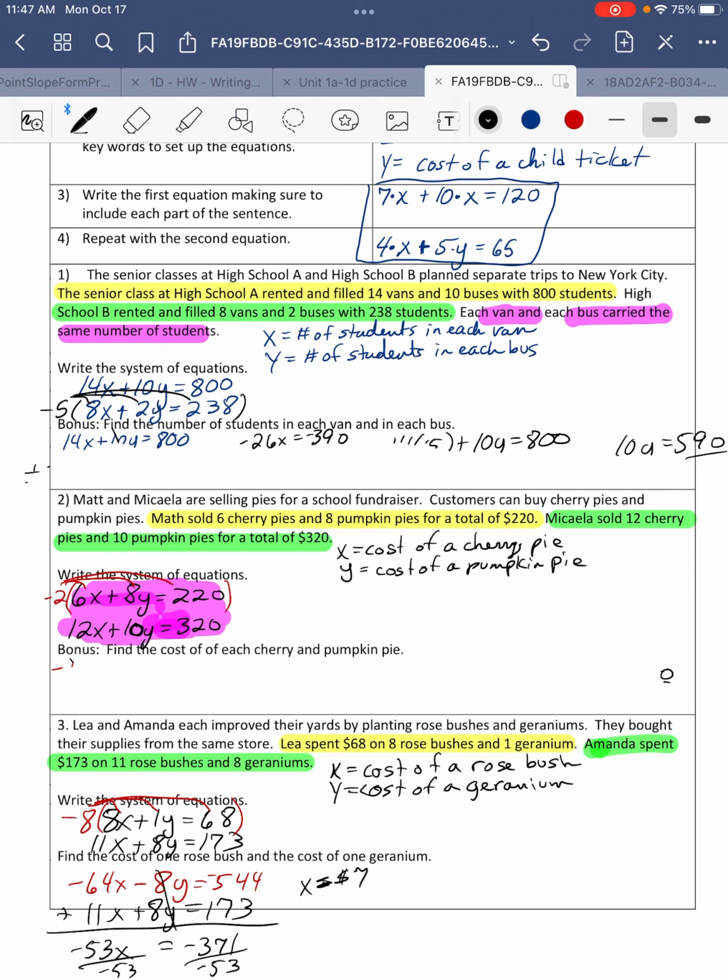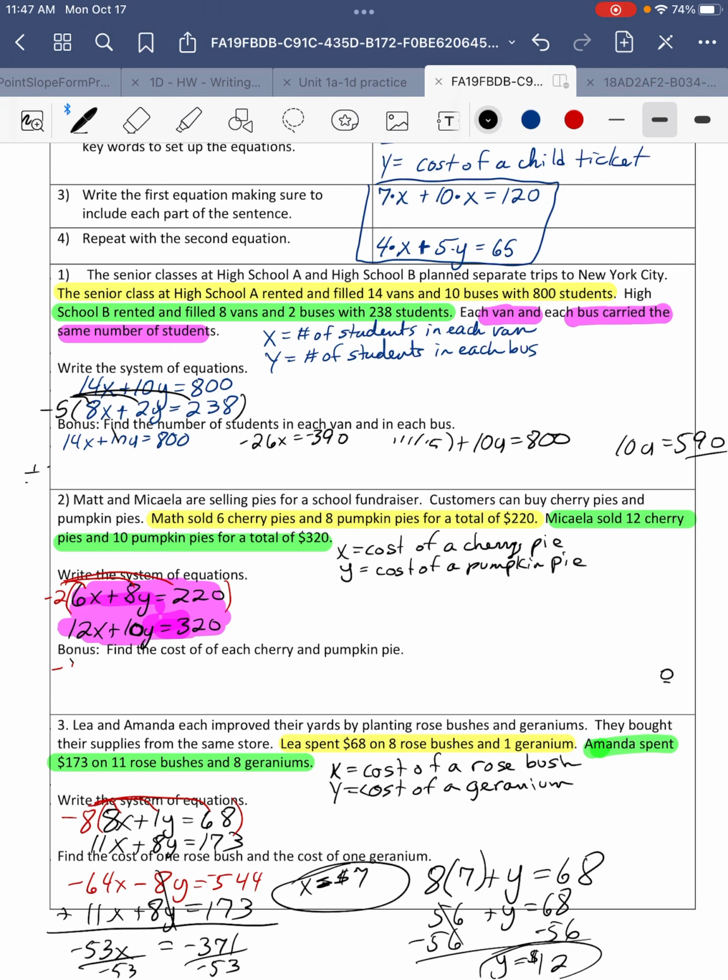Let's substitute it back into one of the original problems. I'll go to the top equation because, so 8 times x, replace the x, 1 times y is just y, and we got 56. Because there's no y coefficient on the y, that's why I chose that one. It does not matter which one you choose. So that's $12. $12 for a geranium and $7 for a rose bush. Hopefully